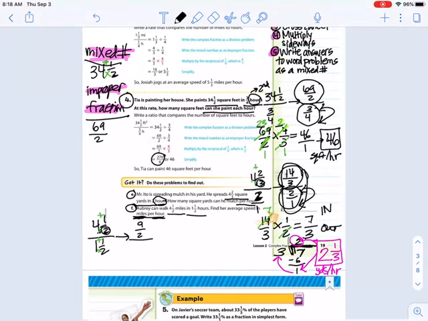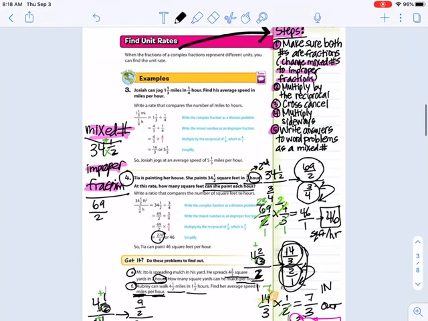And then for 1 1/2, I'm multiplying 2 times 1, which is... it is not 1. 2 times 1, which is 2. 2 plus 1, which is 3. And then this denominator of 2 will stay the same. So now that they are both